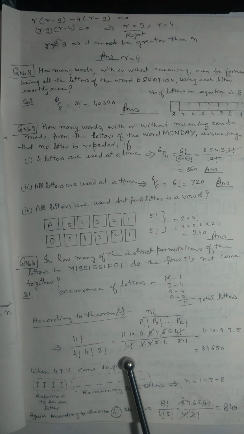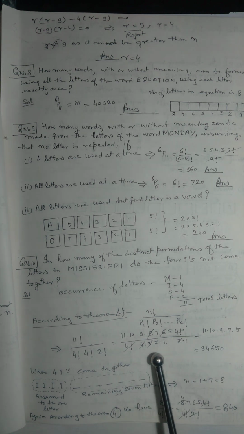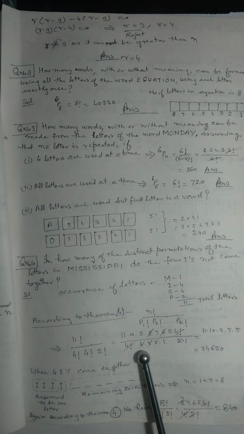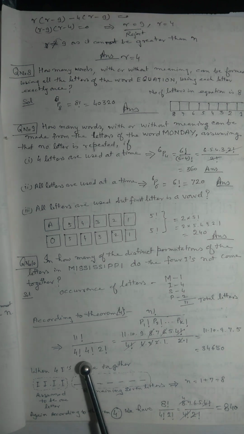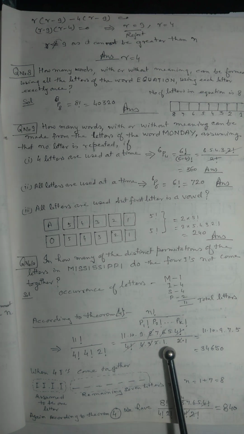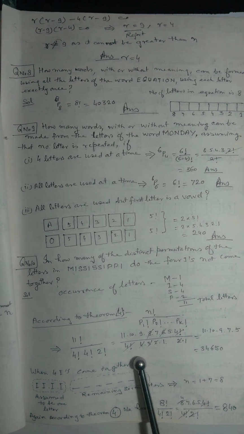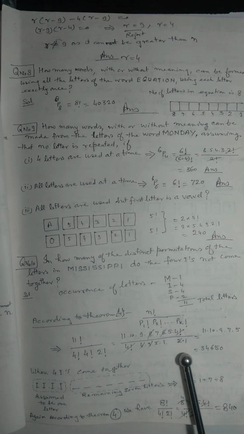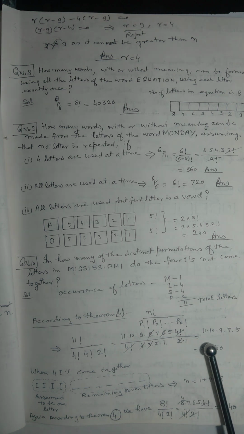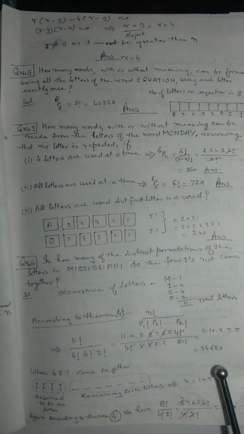So you see, this 4 factorial and 4 factorial will be cancelled, and in the second factorial, this 4 factorial has been expanded. So 4 to the 8, the 8 will be cancelled. 3 to the 6 will be cancelled, and 2 will also be cancelled. 4 to the 8 is cancelled here. So 11 into 10 into 9 into 7 into 5, and it will be equal to